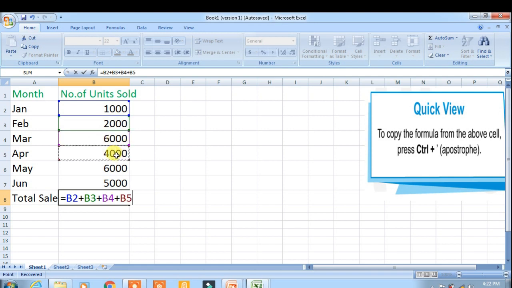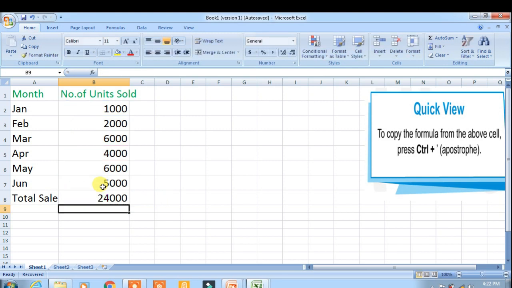You can notice a different colored border around each cell. Now press the Enter key to see the result. Now we have created a basic formula to calculate the total sale. Children, is it easy? Yes.